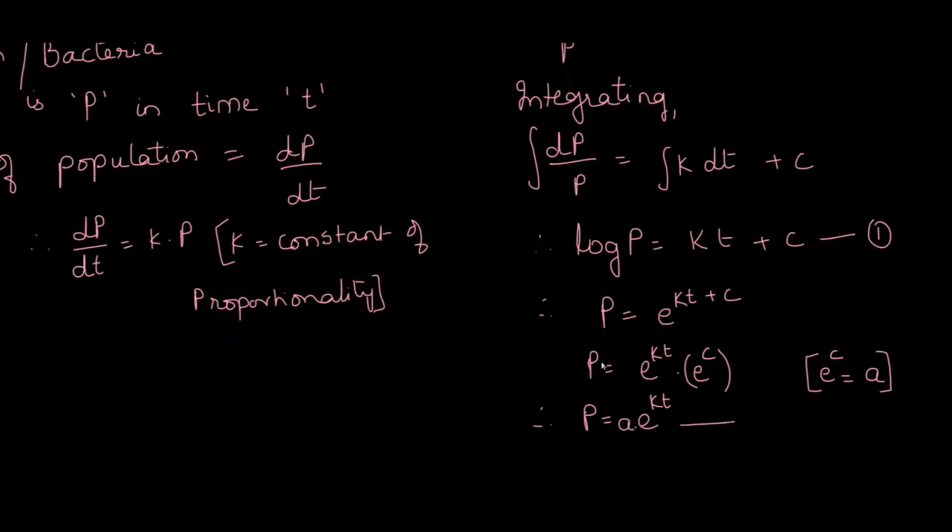So this becomes the exponential form of the population equation. We'll be using both these equations as and when we require them. This one as well as this one we will be using in various sums. So study it properly and keep in mind that these are the equations which we are going to get for growth of population, both of these equations.